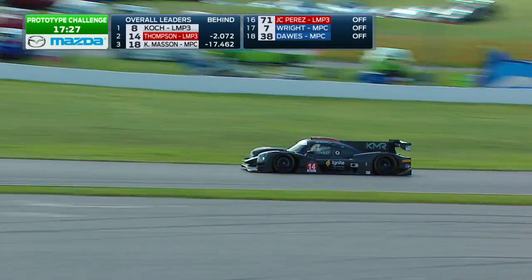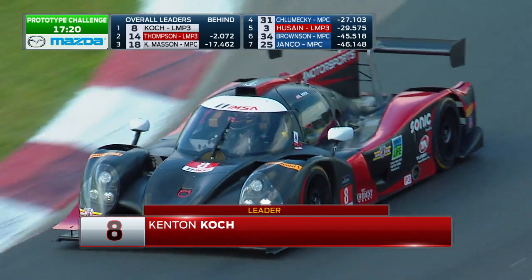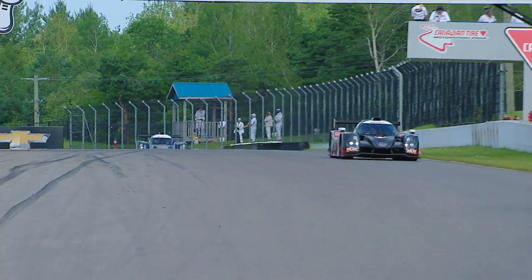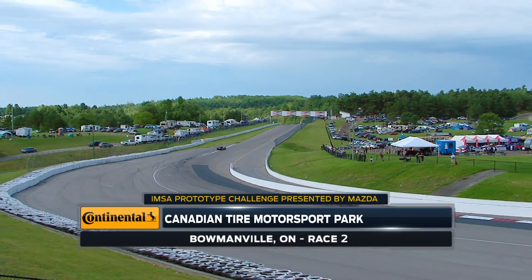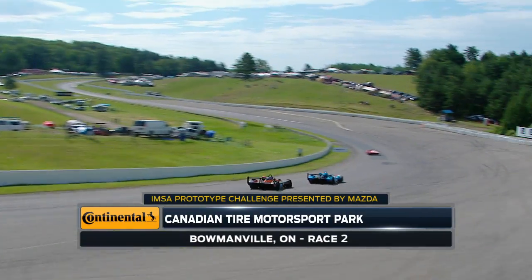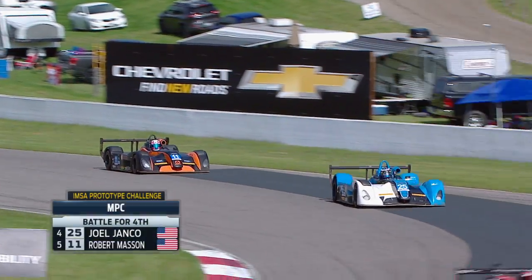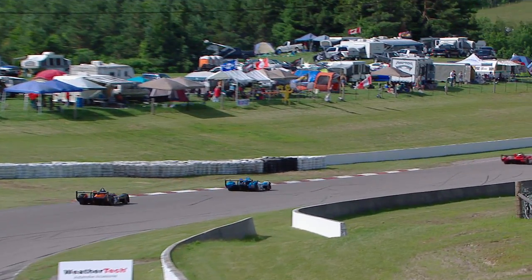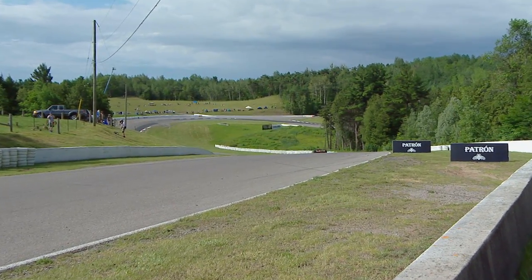The battle for the lead still, there's only a couple of seconds between the two of them. A slight mistake perhaps on the last lap by Colin Thompson cost him a little bit of ground to Kenton Cook, but it is Colin who has reset the fastest lap of the race a couple of laps ago in that Norma M30 car number 14. The leaders just now coming into turn 8 as this battle goes through, so not quite half a lap between them, but with 15 minutes remaining, they might get caught up by the leaders. It wouldn't be shocking for that to happen. Kenton Cook crosses the start-finish line to complete 20 laps now,